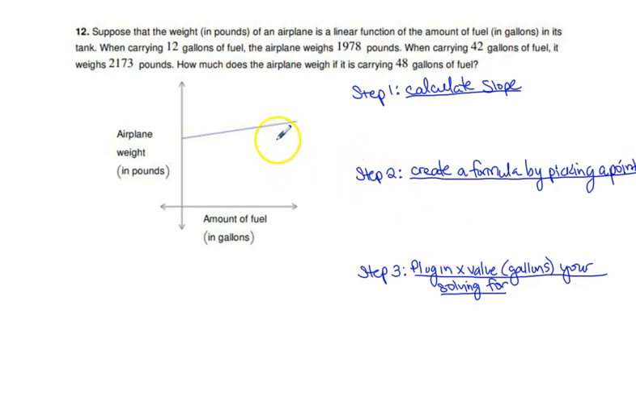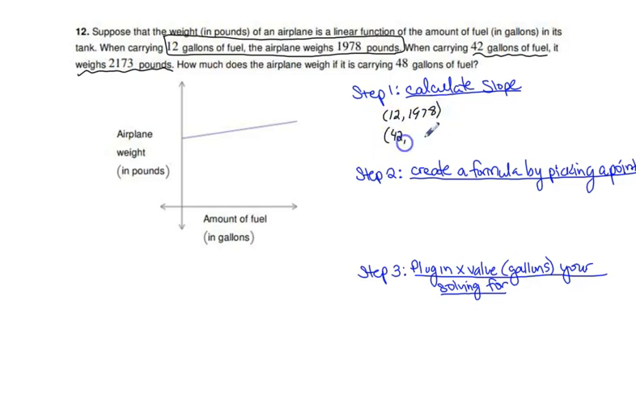Alright, so first let's identify our coordinate points. So I see here that 12 gallons of fuel gives me an airplane weight of 1,978 pounds versus 42 gallons of fuel gives me a weight of 2173. So I have 2 coordinate points. I have 12, 1978, and 42, 2173. Now, if you're finding that you often make silly mistakes with slope, writing your points vertically actually helps some people,